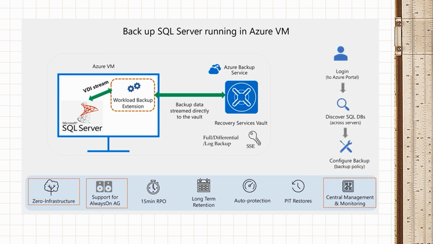SSE uses envelope encryption, which is a 256-bit data encryption key, using the Advanced Encryption Standard of NIST based on the substitution permutation standard, which is protected by the customer's key. This allows key rotation for VM performance so that when the key is changed, the entire data set doesn't have to be re-encrypted. So let's take a demonstration of this process using two demo SQL VMs that host respective databases and a recovery service vault.